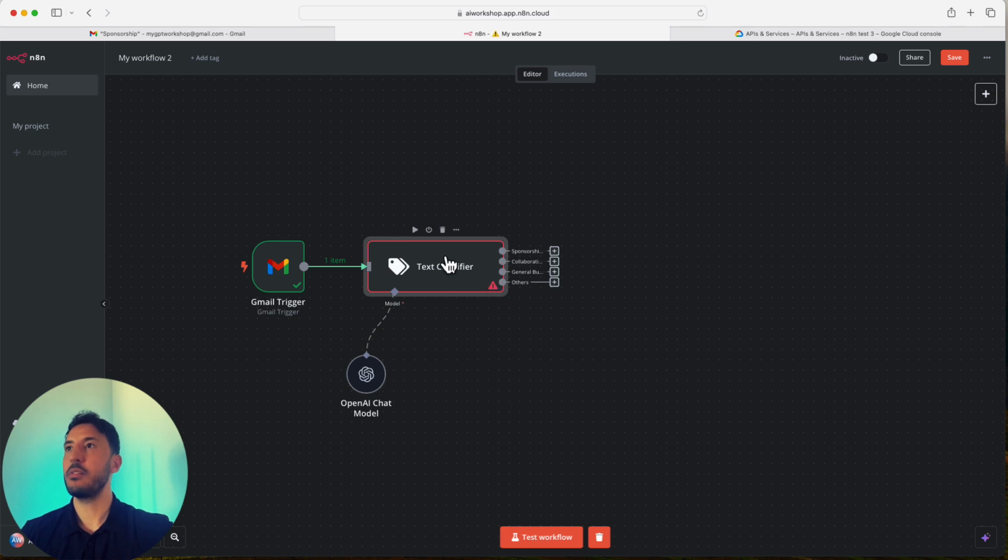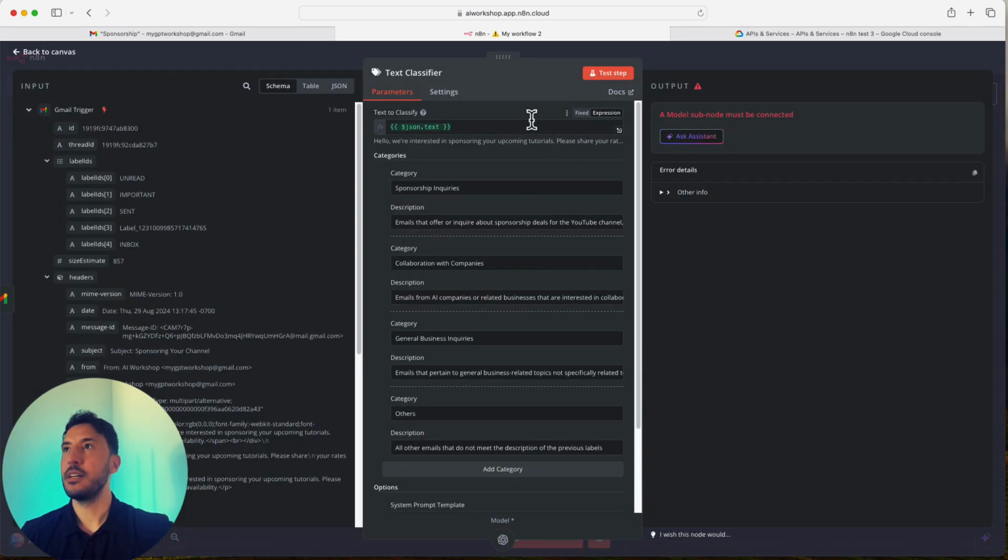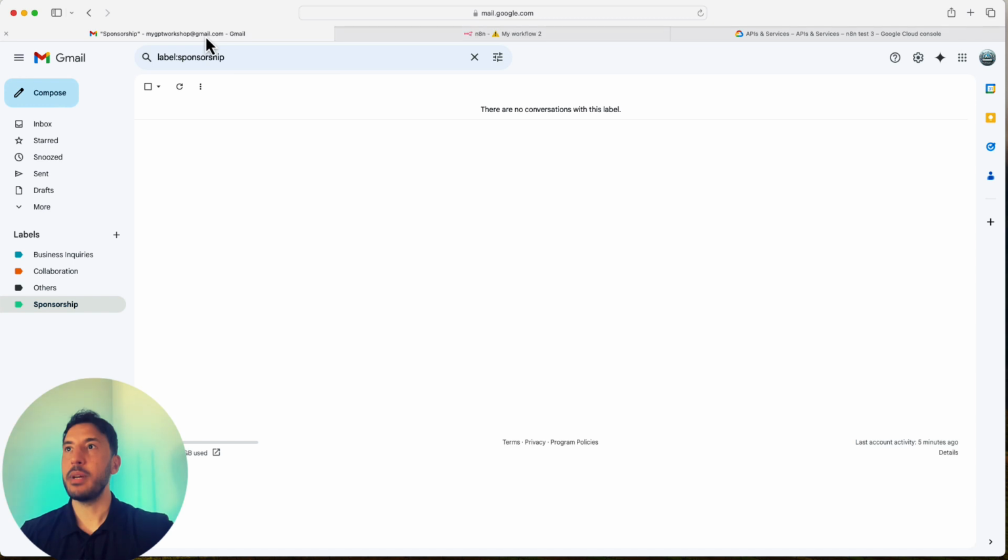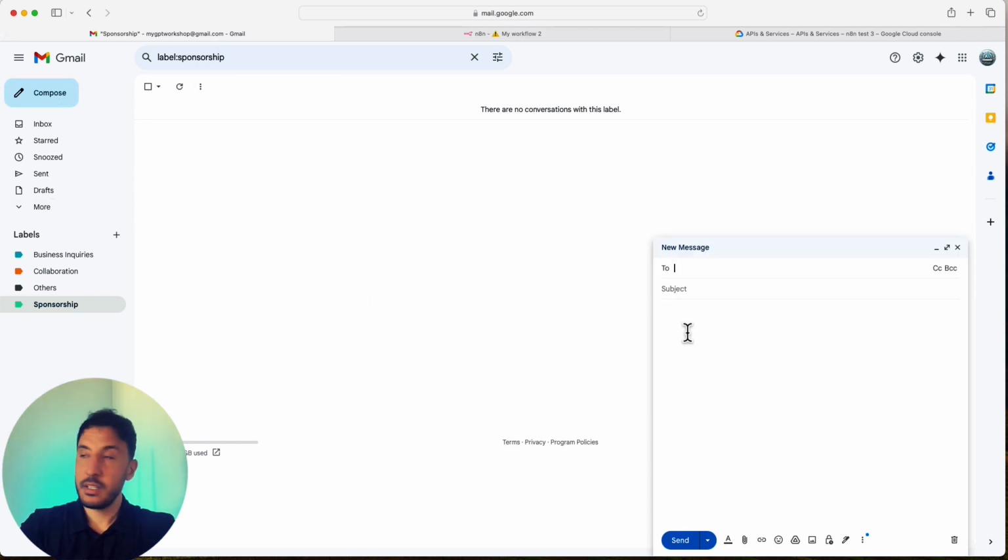All right, so now let's go ahead and double check this. First, let's go ahead and send an email, because this is monitoring all of the incoming emails that are new. So for the subject, I'm going to say partnership for content. We're not monitoring the subject, so it's not going to matter. What this classifier is monitoring is the body. So we've got to make sure that we put the proper text here to be able to categorize this.